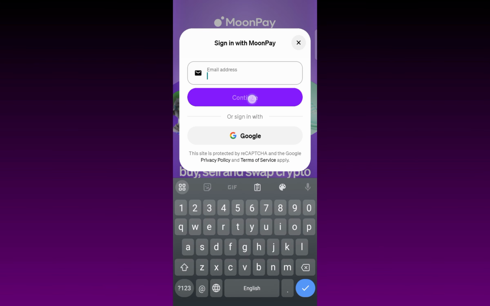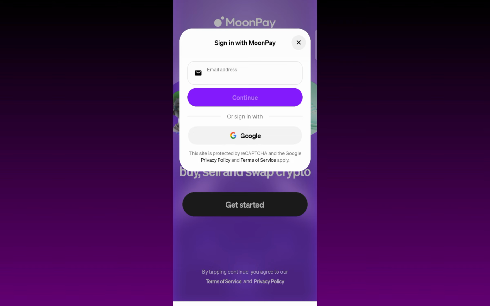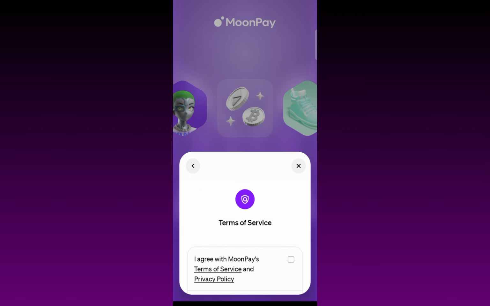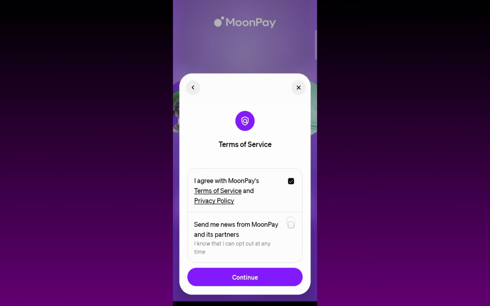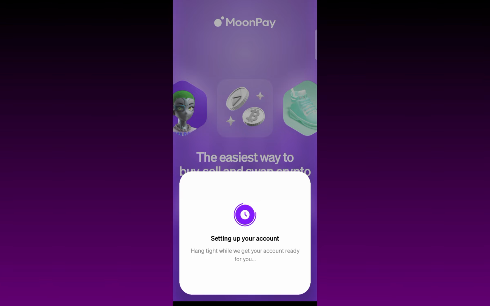Then you have to set a password for your email address. And if you want to go with your Google account, you just need to select the account that you want to use to create or sign into your Moonpay account. You just need to give the permission from your Google account to sign into Moonpay with the email address or the Google account. Then you will get the agreements, the privacy policy. You just need to check these two boxes and click on the continue button,